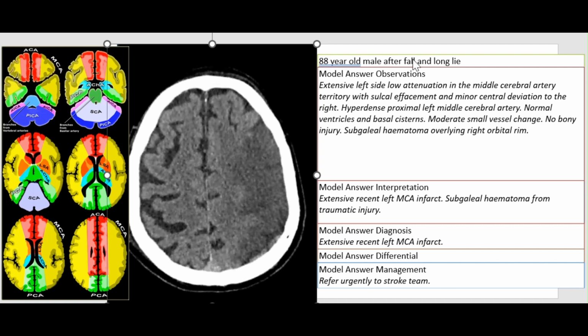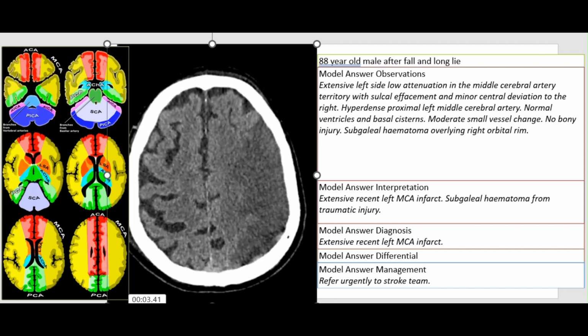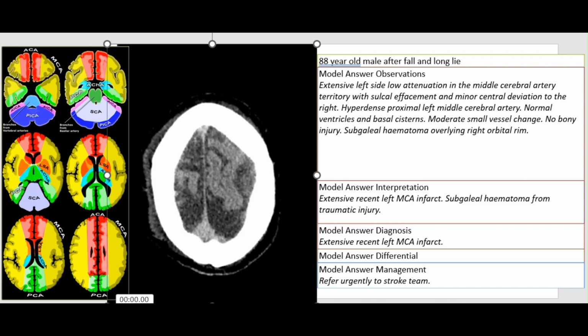88-year-old male after fall and long lie. This is the CT head of this patient. The first finding is extensive left-sided low attenuation in the middle cerebral artery territory with sulcal effacement and minor central deviation to the right. So here,